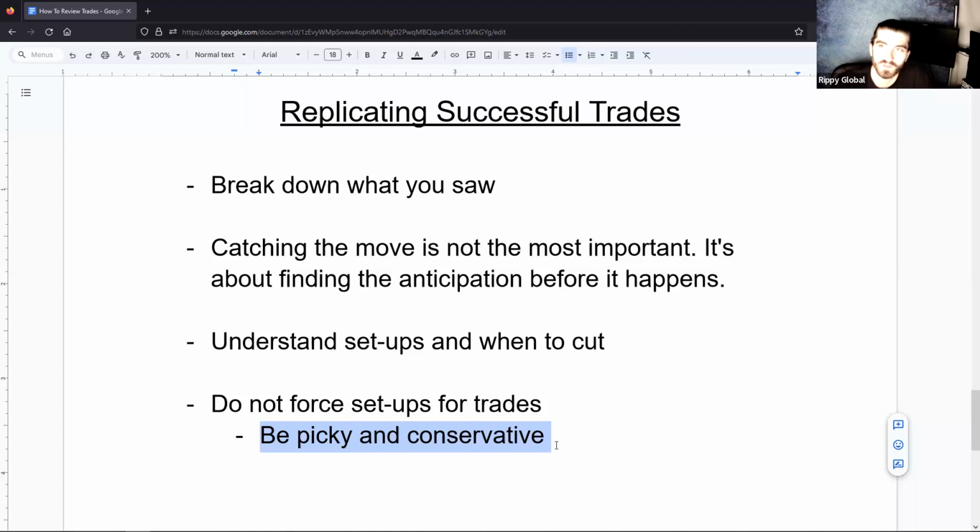If you do, you need to figure out, okay, if I'm wrong, what can I learn from this? Okay, if I'm right, what can I learn from this? Don't just enter because, oh, I'm so bored today, or oh, I have about 20 minutes to check my phone real quick. Don't do stuff out of boredom. You should at least be watching a setup, I would say, for minimum 30 minutes before you enter something.